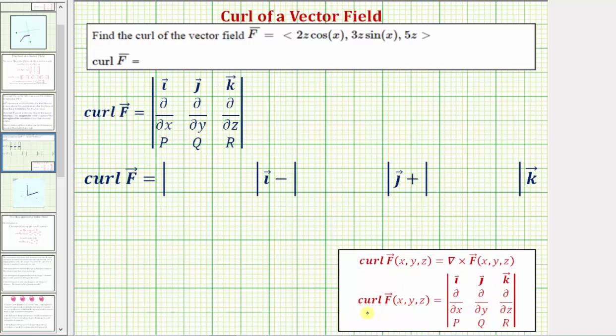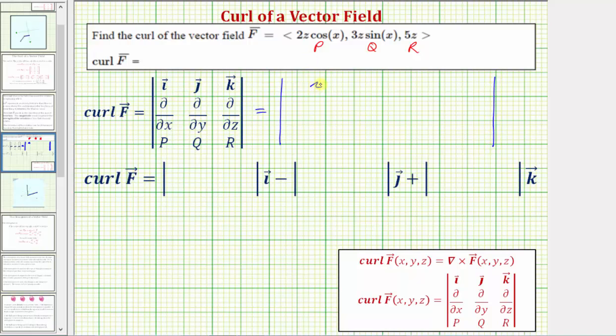So let's go ahead and find the curl of the vector field f, and then we'll talk about what it means, as well as show it graphically. So in this case, P is equal to 2z cosine x, Q is equal to 3z sine x, and R is equal to 5z. So the 3 by 3 determinant, again, is going to have the unit vectors in the